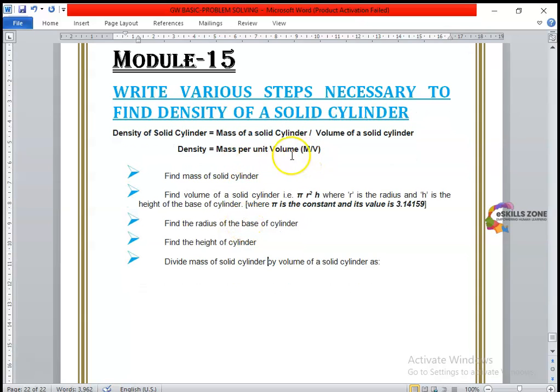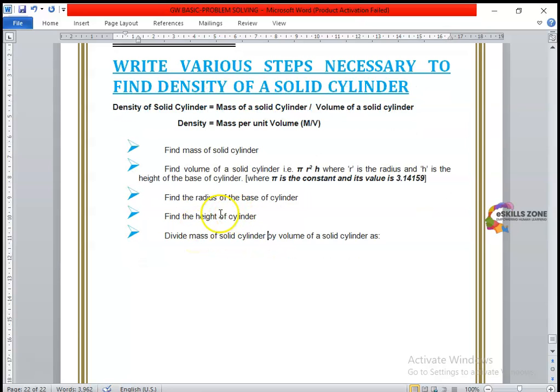For this we need the volume and the mass. We can find the mass of the solid cylinder, but for finding the volume we need this formula, which contains R and H, so we must find the values of radius and height. The final step we are going to write is: divide the mass of the solid cylinder by the volume of the solid cylinder. I'm going to highlight it because this is the only difference. It means the division is performed by dividing the mass by the volume of the cylinder,